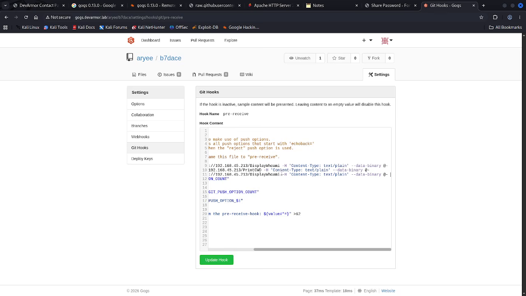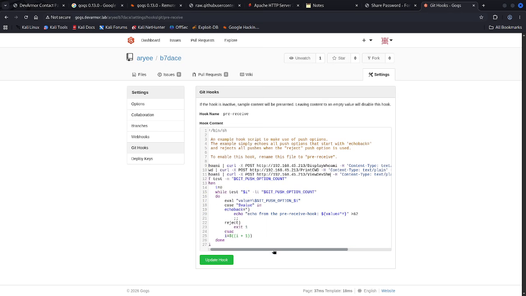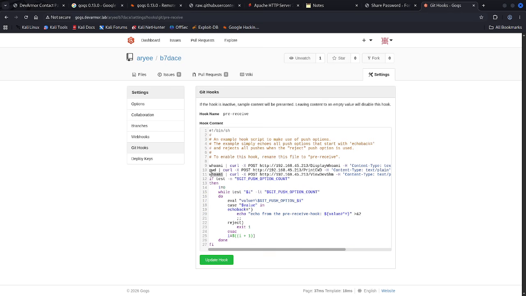Let's change this to, let's also view the content of dev-shm, view dev-shm. Let's see if we have the code, the shell that we pulled. So let's do ls -lh /dev/shm, and